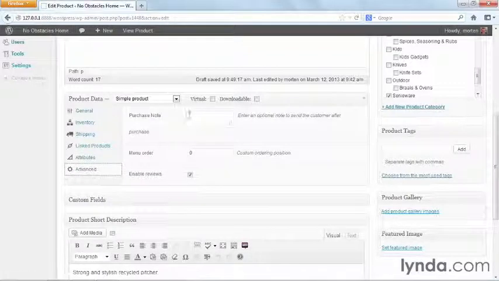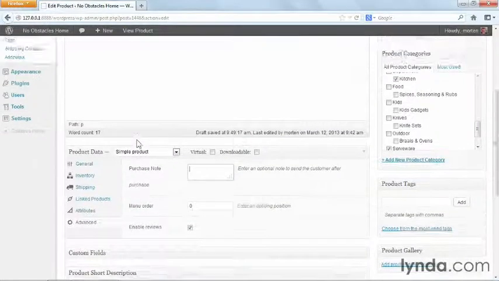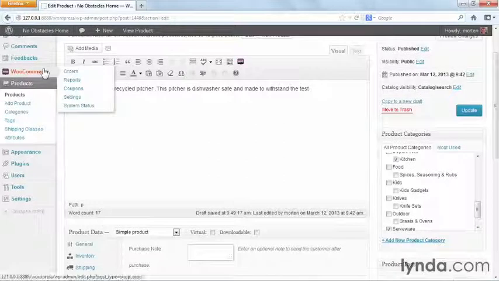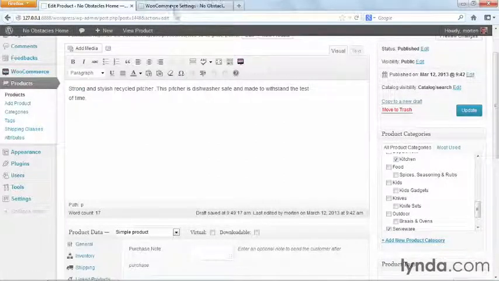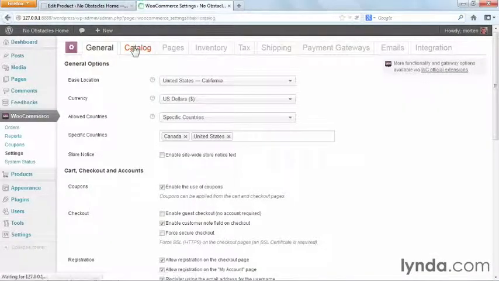Under advanced, you can set a custom purchase note to the customer after the purchase. So if there's some specific thing the customer needs to know about the product they just purchased, you can enter that information here. You can also set the menu order for the product. Now, if you remember back to when we talked about the catalog settings, here, I'll show you. If we go to WooCommerce and settings, and I'll open this in a separate tab, and we go to catalog,